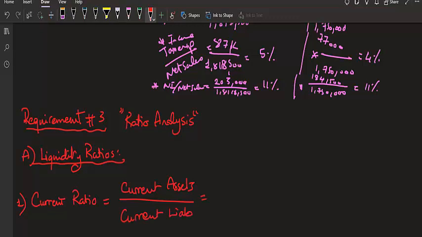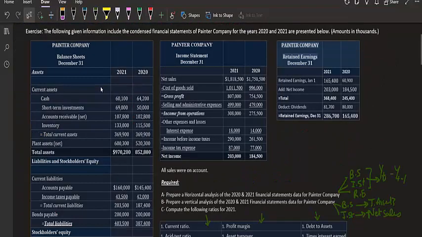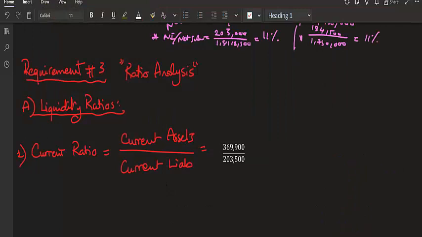In this case, $369, and the current liabilities, so this amount equals 1.82 times, which means that the higher this amount, the better. Okay,